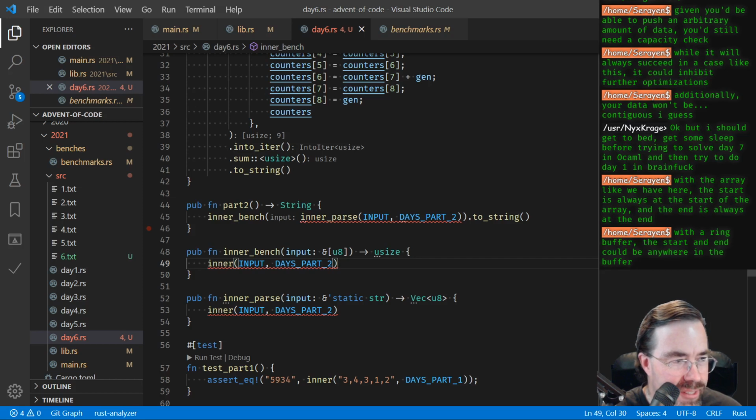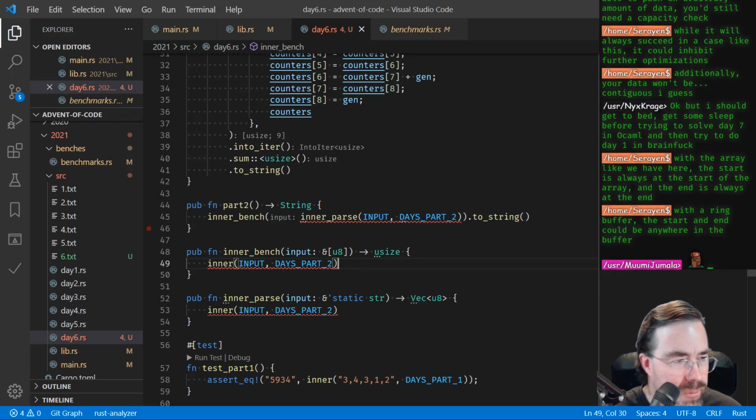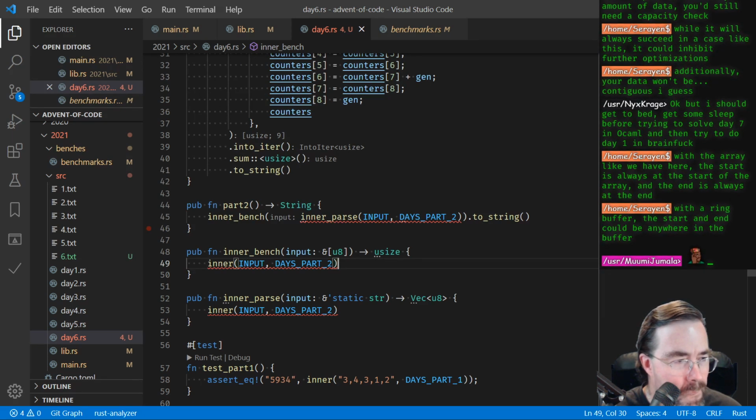Okay, have a good night, Nick Scrage. In OCaml, huh? Cool. We have the start always at the start of the array and the end always at the end. The ring above the start, that's true, but that's just one additional field that you have, and then something you have to add in your calculations and stuff. Anyway,